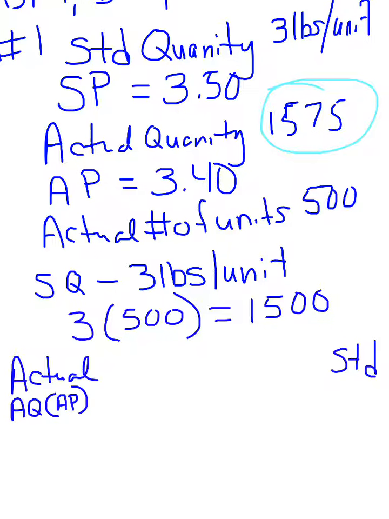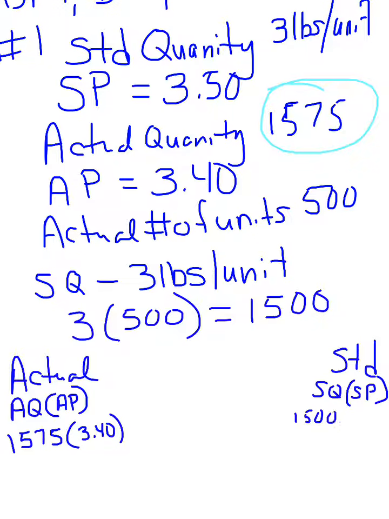When we look at standard, we look at standard quantity times the standard price. Now for actual quantity, I'm going to find 1,575. My actual price was $3.40. My standard quantity I just found to be 1,500,